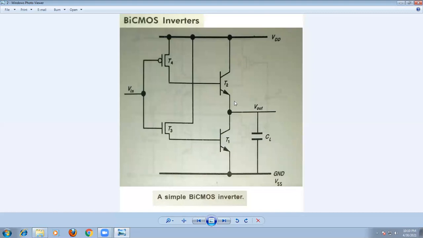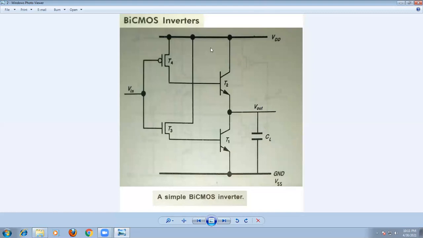When this transistor is off and this transistor is on, the capacitor will be charged through this circuit in this direction, towards the value of VDD. That is the main thing to remember here. The capacitor charges to the value of VDD. So when the input is 0, the output goes to the value of VDD, which indicates the output voltage is high. We are giving the input signal low, but we are getting the output high. This is the inverter action.